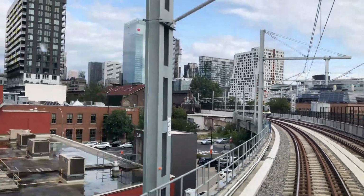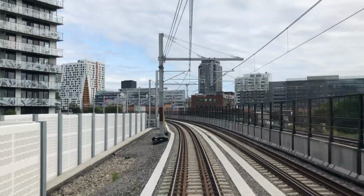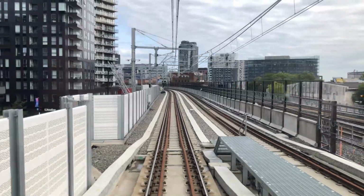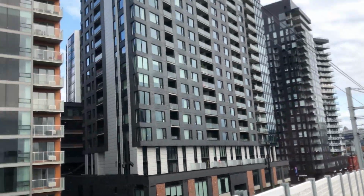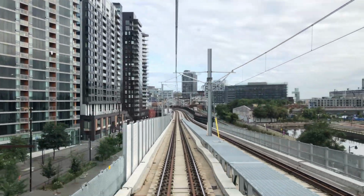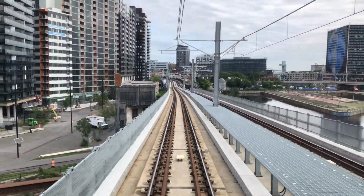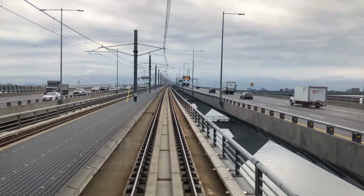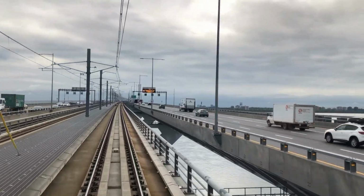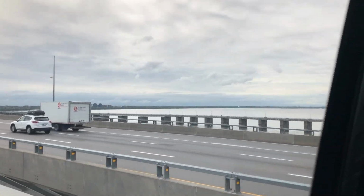Now I want to touch on the REM. Well, my experience with the REM was great. The trains are really nice, they're really clean, and they go really fast, compared to Ottawa, where it's really loud with all the grinding on the tracks and the slow turns. I really found that the REM, especially since I'm from Ottawa, was ripping through those turns and stuff, which is really good because it just speeds up people's journeys, and the higher speeds make people want to take transit more often, which is great. And one thing I loved was how the north-south connection between the Montreal Metro and the